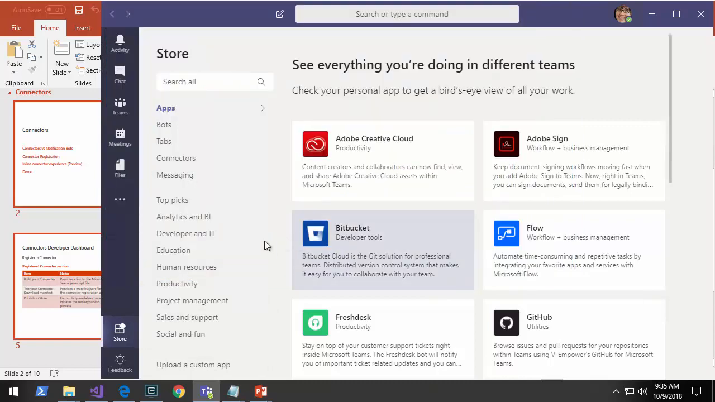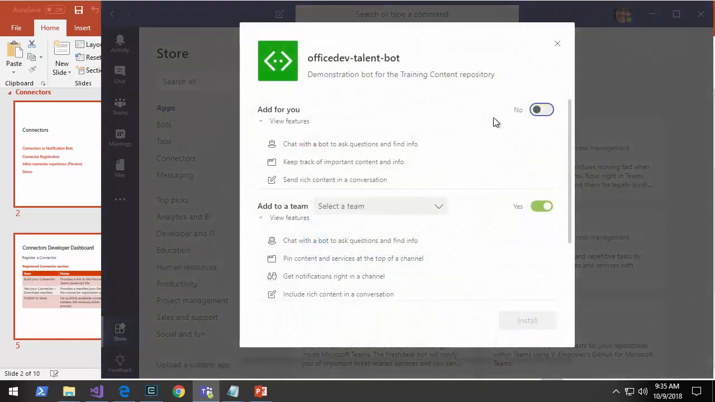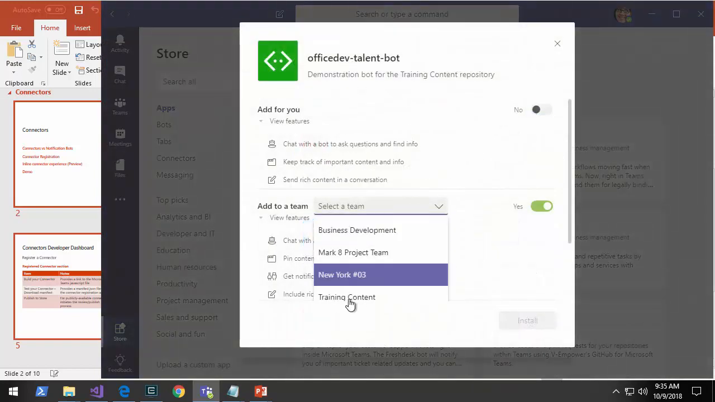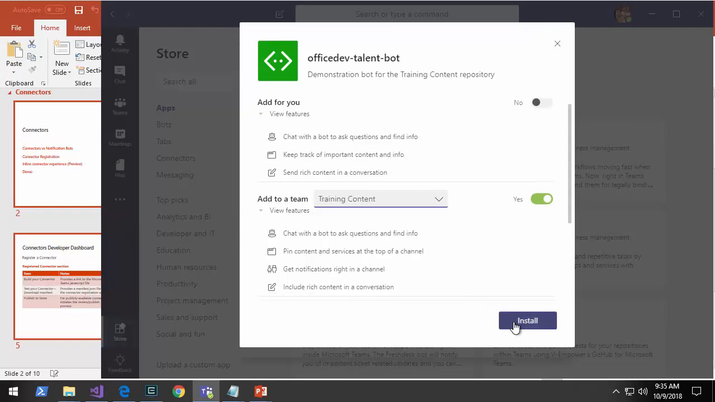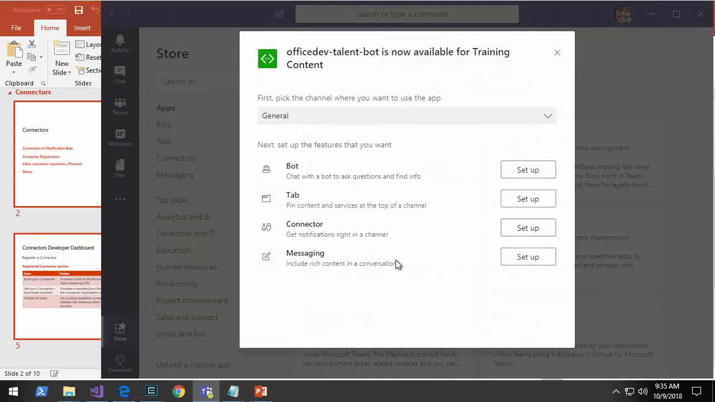We'll choose this app. And now I'm going to turn off that and say I want to add it to the training content team and click install. And now I get an experience similar to what we saw before. Here's the information that's set up. You'll notice the first time experience is run because it's been added to a team, and it's showing all the information, right? Now, because we have a configurable tab, we have the ability to set up the tab